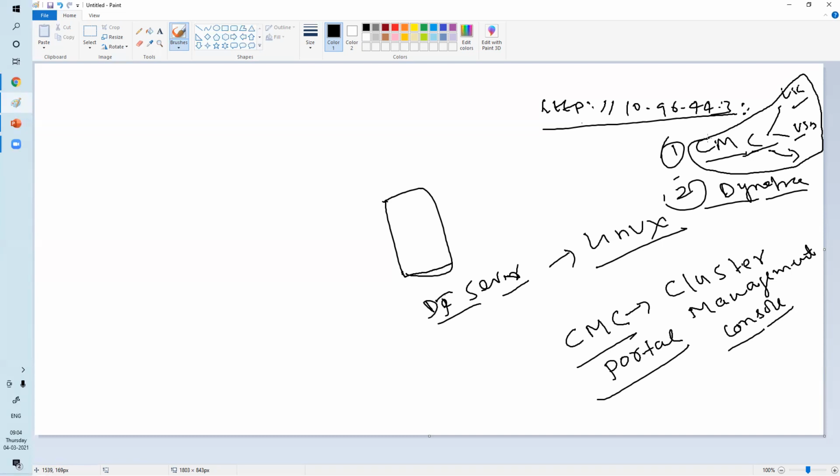But if you are integrating with SSO, then that member should be part of an AD group. If he is part of the AD group, then only he can access the environment.